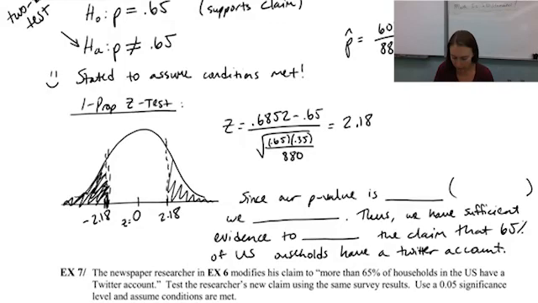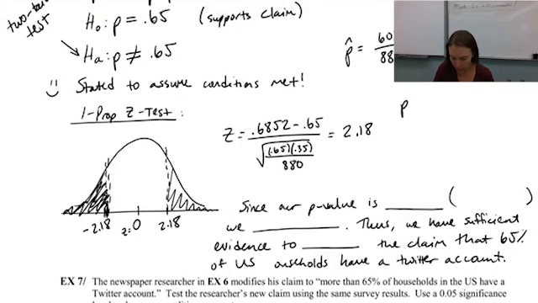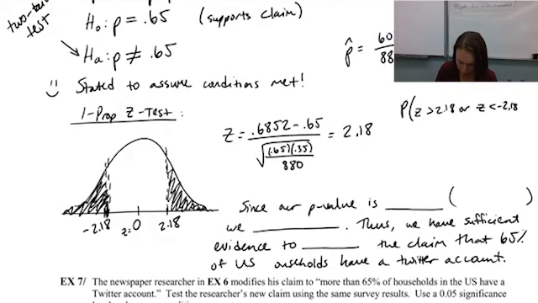All right, so now our probability. This is a two-tailed test, and because we're going more extreme, our shadings aren't connected. So we can't write this as one inequality put together. We need to write two separate ones. So we've got the probability that z is greater than 2.18 or z is less than negative 2.18 equals